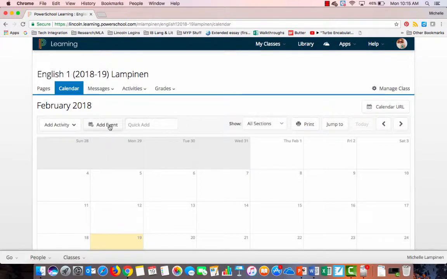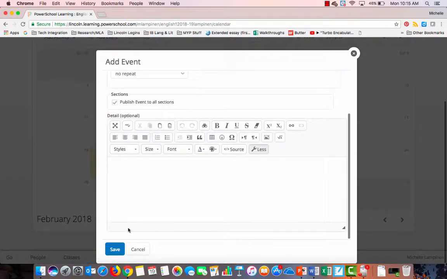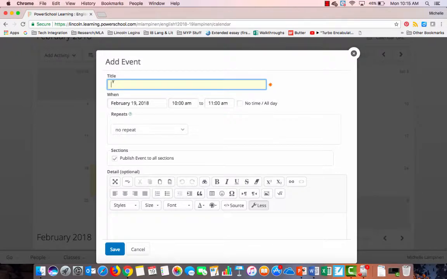The first thing you'll see is that you can add an event. This is something that's sort of a one-time deal, although you can make it repeat. It doesn't allow you to do much as far as the options here. You cannot attach a file. You can create links, so that's something. Maybe you're going to say that there's a quiz, chapter 1,